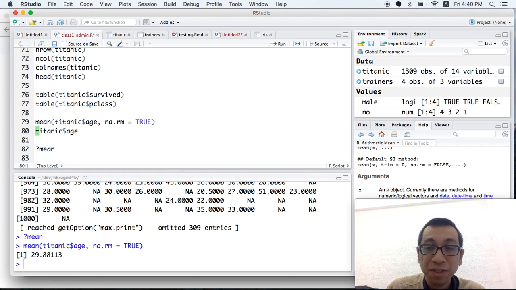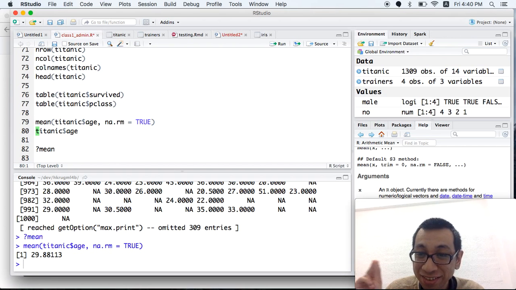So now you have some understanding of how to install a package and what a data frame is. A data frame is a collection of vectors. A vector is an ordered collection of numbers, logical values, or characters.